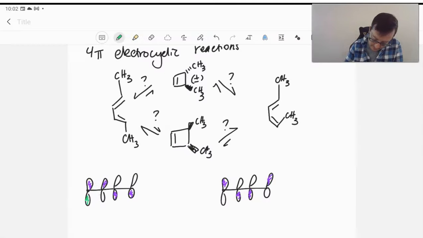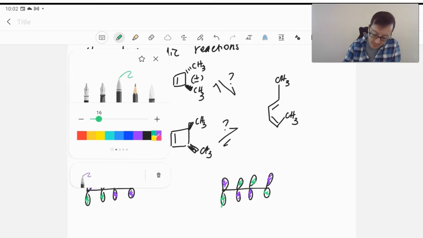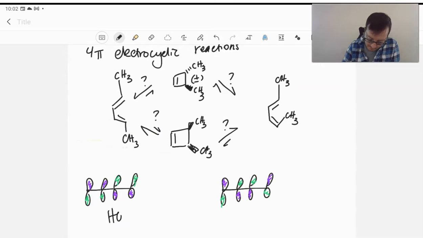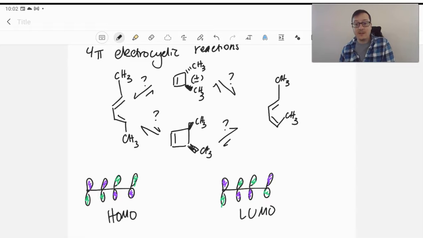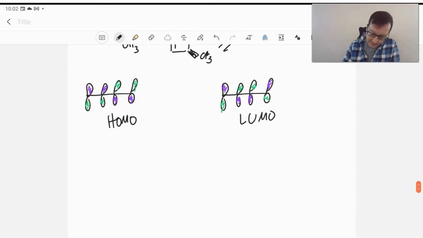Our green one's going. And we're going to look at these much the same way as before. So this is our HOMO on the left. And we have our lowest unoccupied orbital on the right. That's the one that's going to take part in the photochemical reaction because an electron will be promoted up there. So, if we take a look at the HOMO,